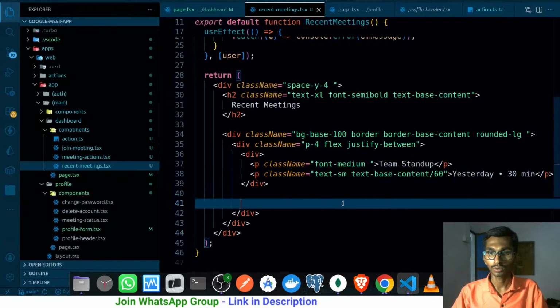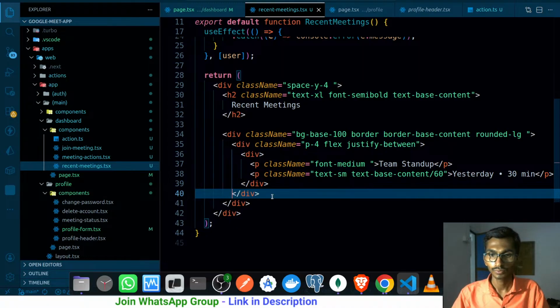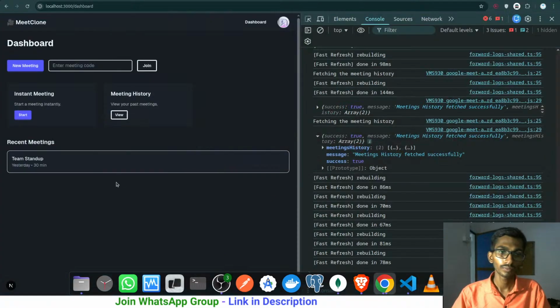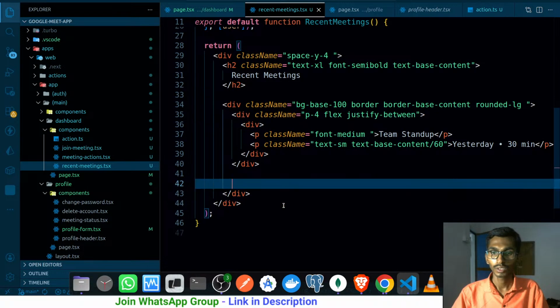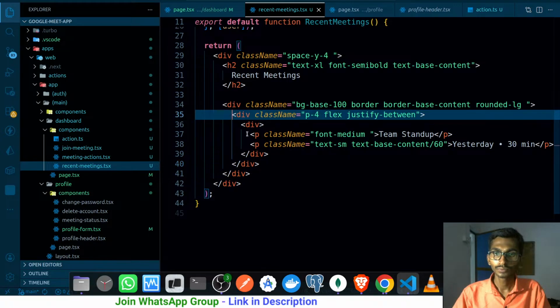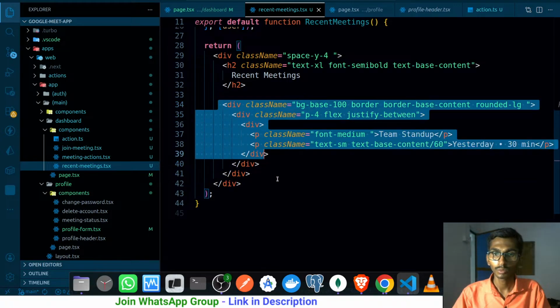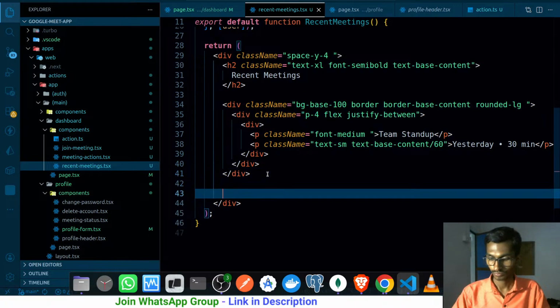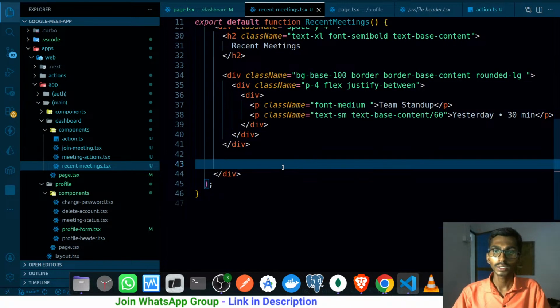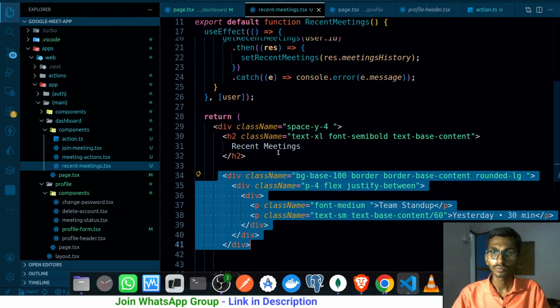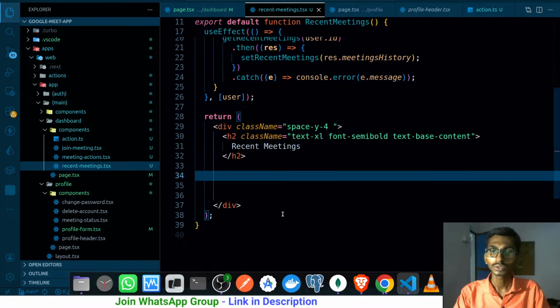Oh, well, it doesn't look great. In that case, let me copy this and paste it here. Okay, that doesn't look great either. So this thing is failed. Probably this one I need to repeat. So this is how it's gonna be looking like, and that's what I want. So in that case, I have to loop through this whole thing, and when looping through this whole thing, let me cut this, and